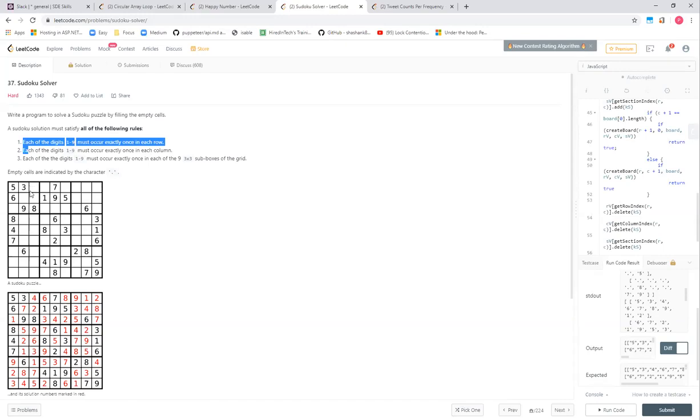When I come here and try to place 3, I cannot place 3 here because this sub box already has 3 as an element, which will violate condition 3, and the row, which will violate condition 1. So I can directly rule out 3 from here. Right? And in the same way I can try all the possible values from 1 to 9, because that's your entire domain range that can go into any of those boxes.